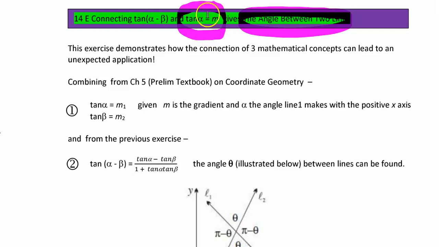So that's a property you learnt back in the prelim trig chapters. So here are two concepts: the angle between two lines, somehow connecting to the gradient that the line makes with the positive x-axis, and